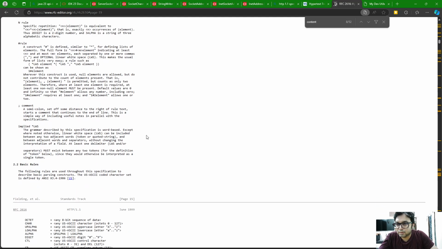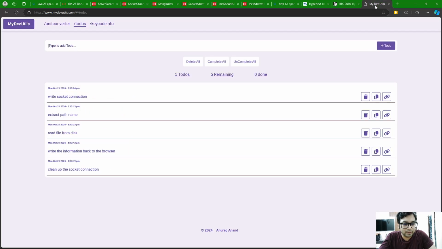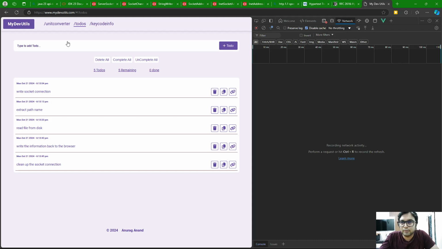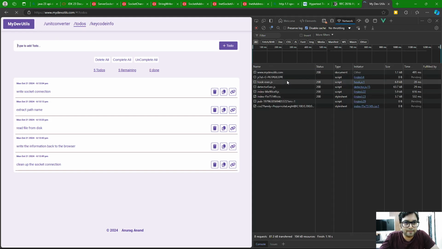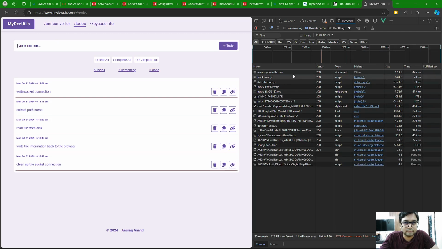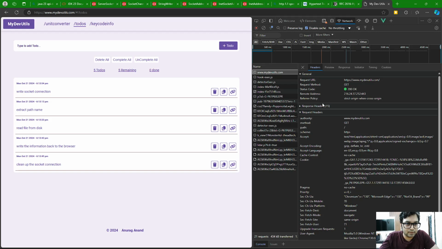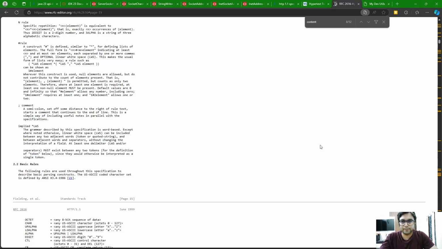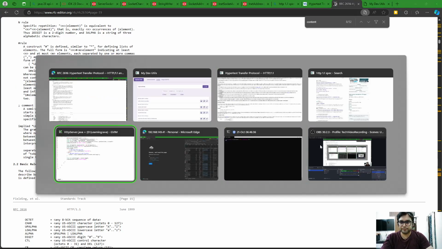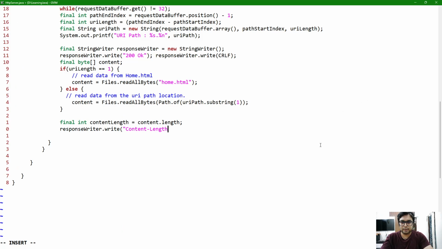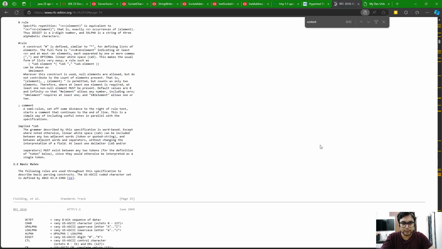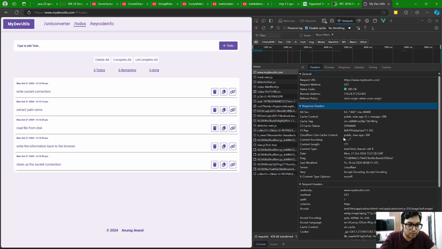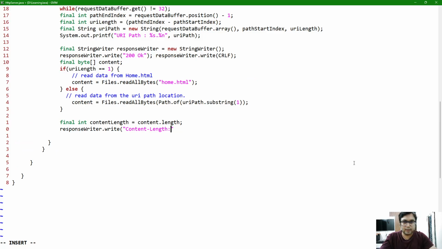Let me check my website. If I do a request, what do we get? Response headers are there. Content-Length, this part, content dash length colon, and there is going to be a space there. So it is space and